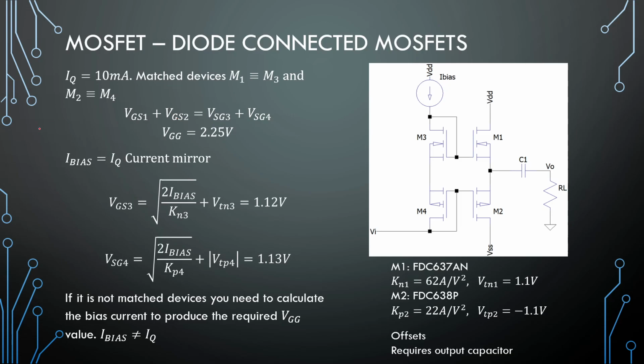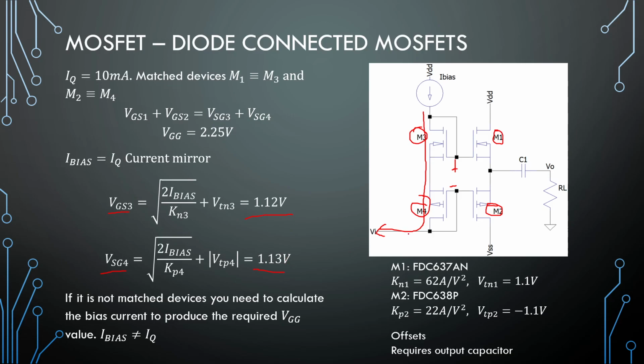The next popular method for MOSFETs is to use two diode connected MOSFETs here at the back. Okay, so if we put a current source right here, the current flowing through these two MOSFETs will create our VGG value right there. Okay, so if we match this and that device and this and that device, the VGS and VSG values will work out on the same